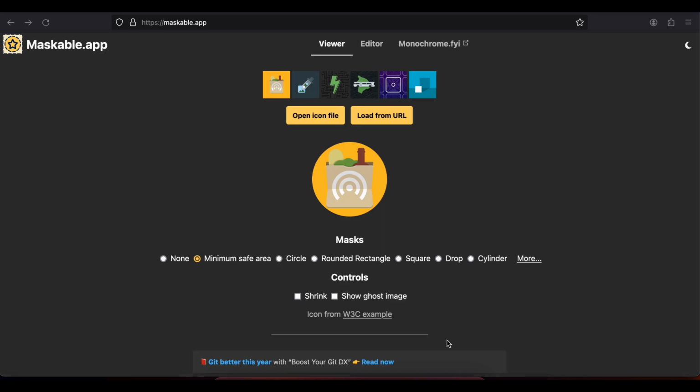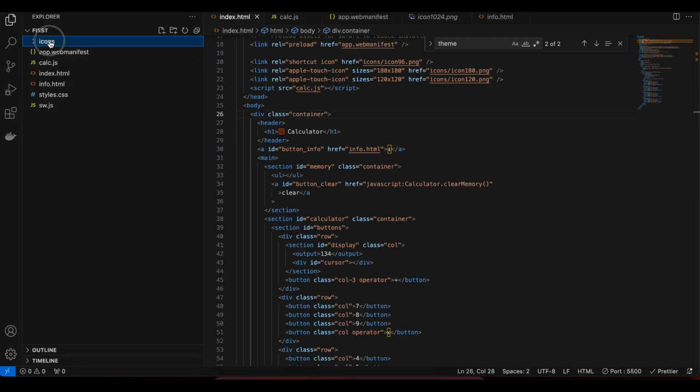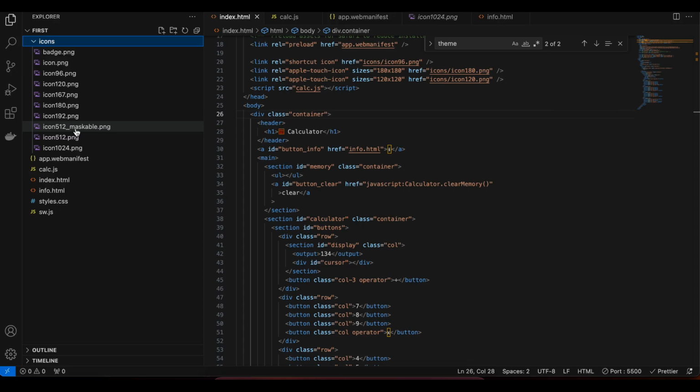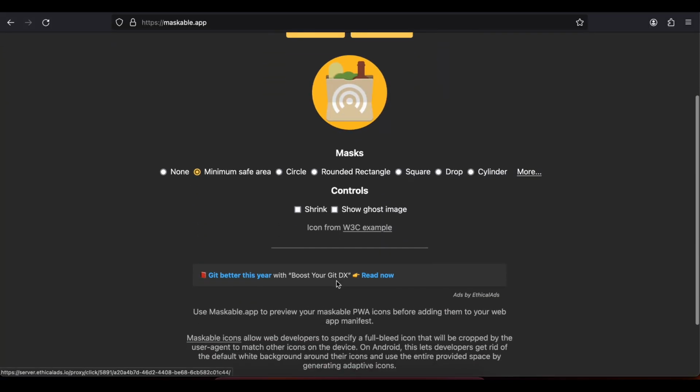The next video on converting our web app to progressive web app. So for progressive web app we need a maskable icon, and if you have a normal app icon you can easily create a maskable icon using this website. So if you see over here, I already have a maskable icon, but if you don't, you can just use this normal 512 by 512 image, add it over here,